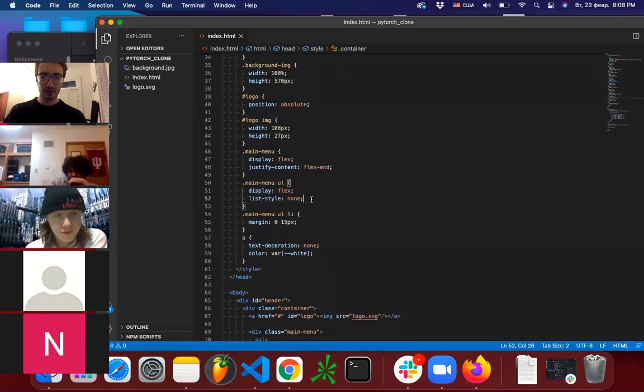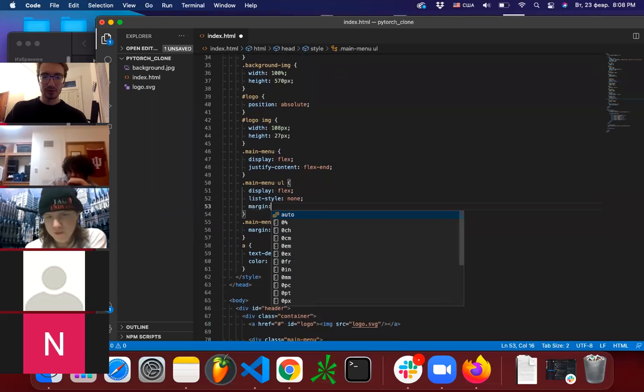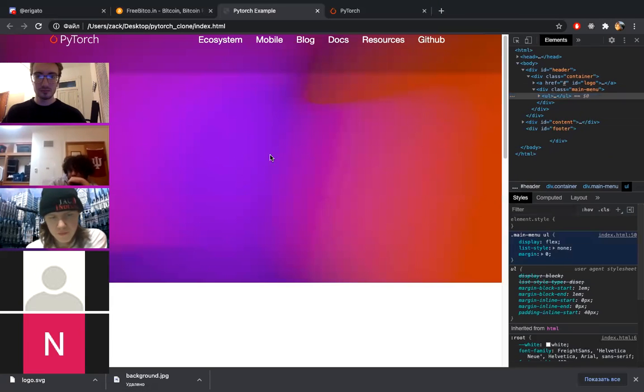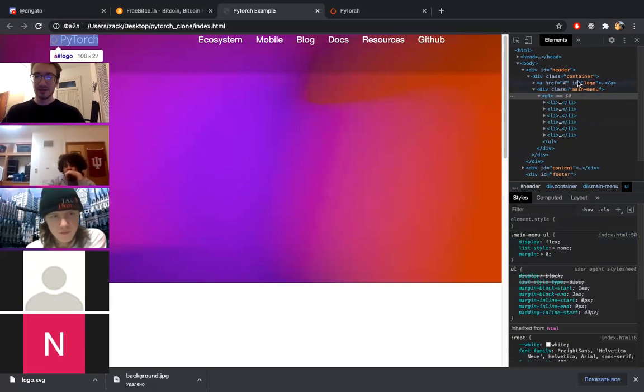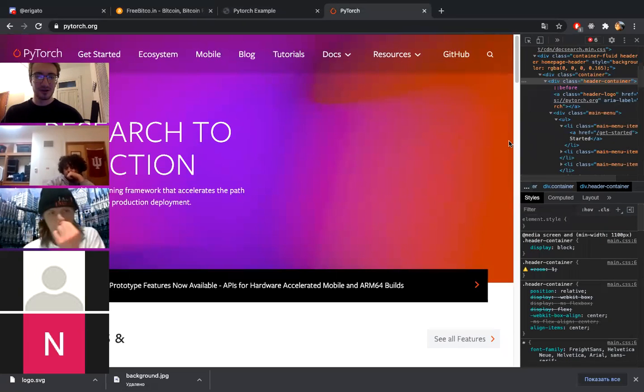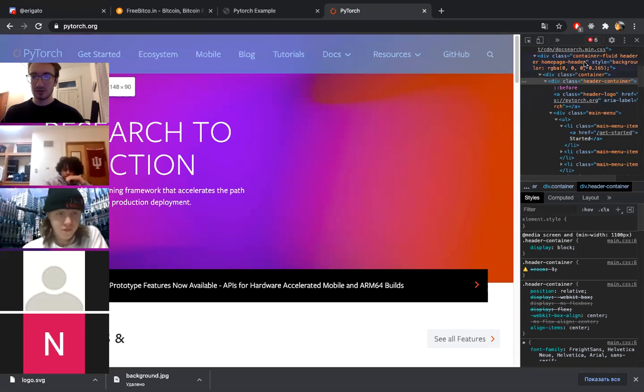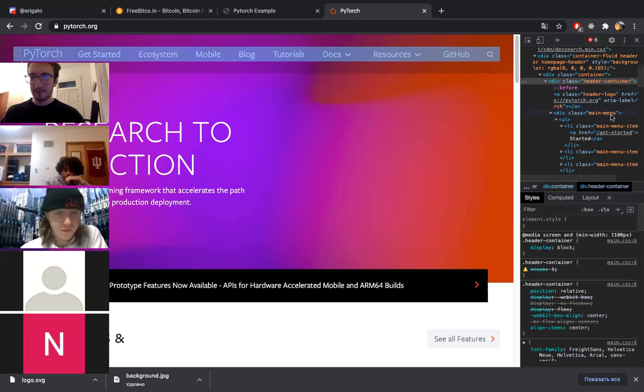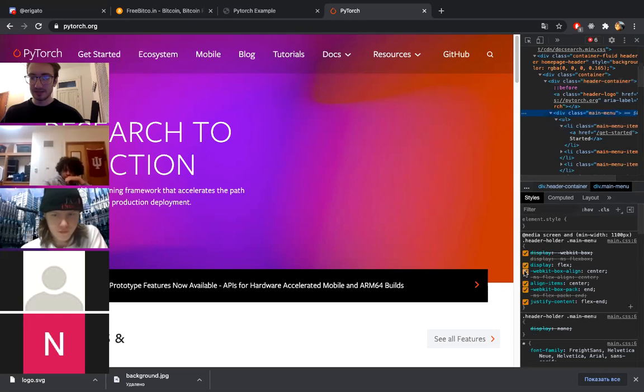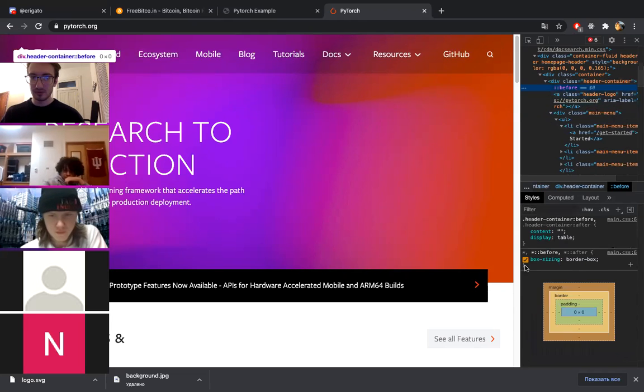So we have to select the unordered list and set margin to 0. That's going to fix that. Now the only issue is that ours is way up there and theirs is down low. So what they did is they made this a flexbox, or